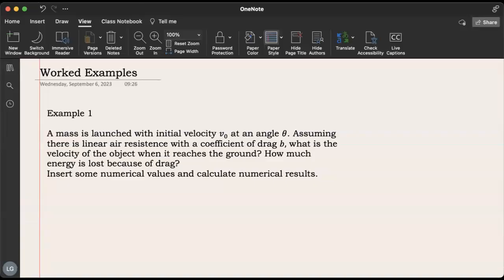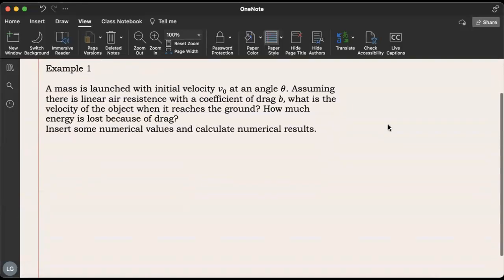Okay, so this is a worked example problem with a mass and air resistance. Please pause the video and read the text of the problem, and then we will solve it together. Okay, now if you have read the text of the problem, you know what you need to do, and here